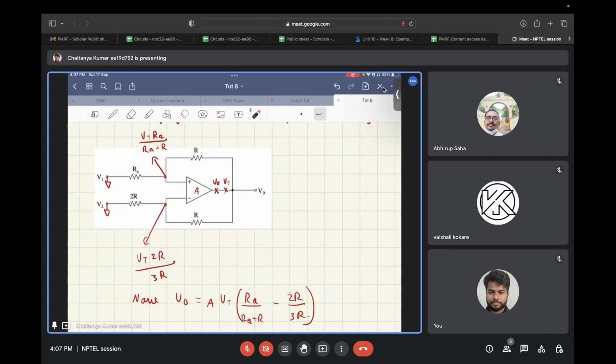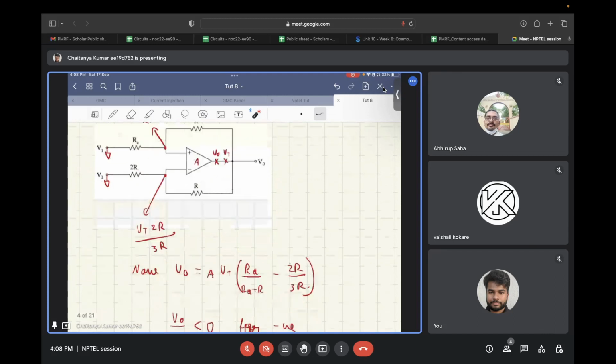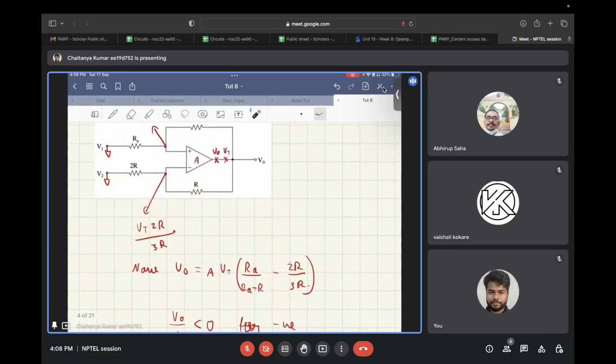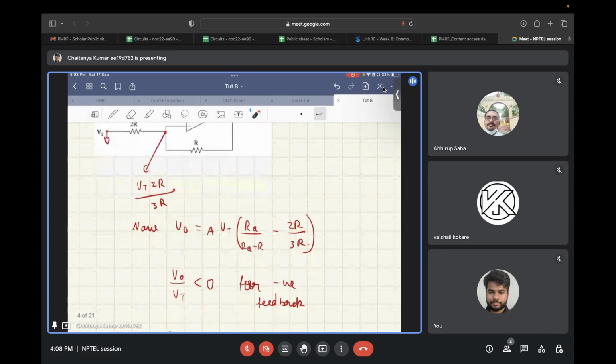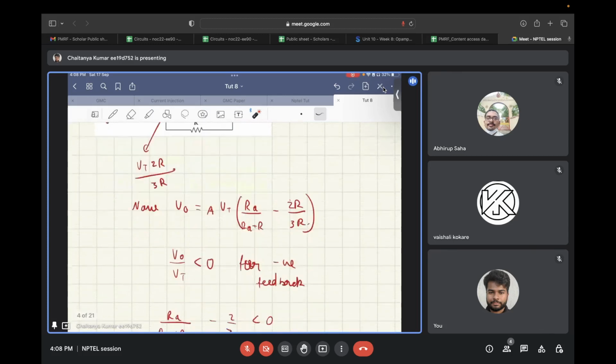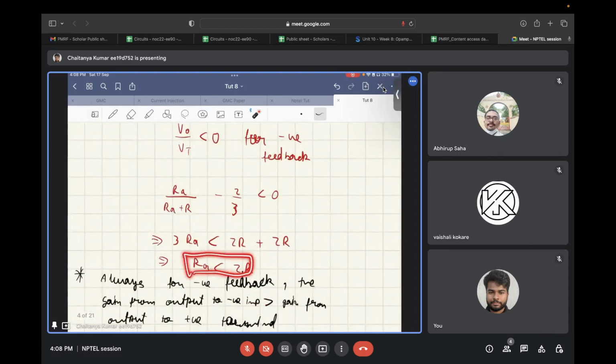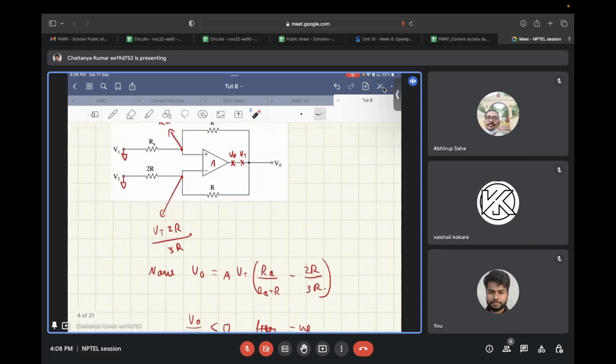Now, once you find the voltages at these nodes, V positive minus V negative times A is equal to V naught. So A times Vt times Ra upon Ra plus R minus 2 by 3 is V naught. For this complete op amp to be negative feedback, the loop gain has to be negative. So V naught by Vt has to be negative. So Ra upon Ra plus R minus 2 by 3 must be less than 0. From there you get Ra must be less than 2R as the condition for this circuit to be